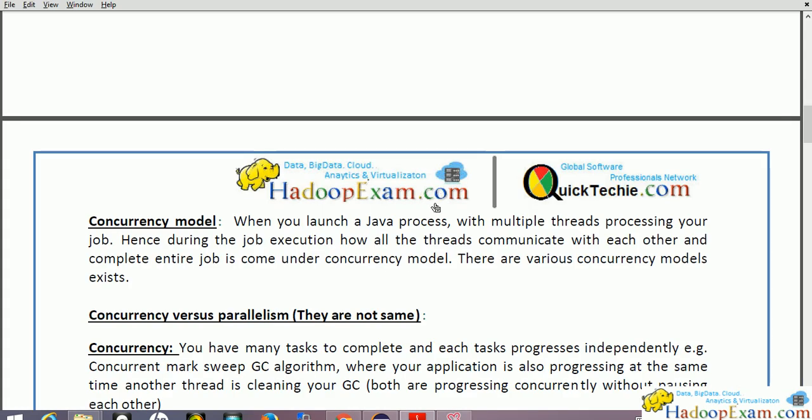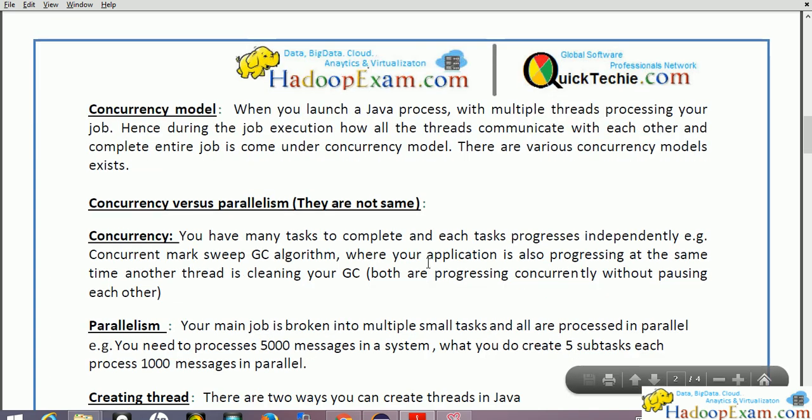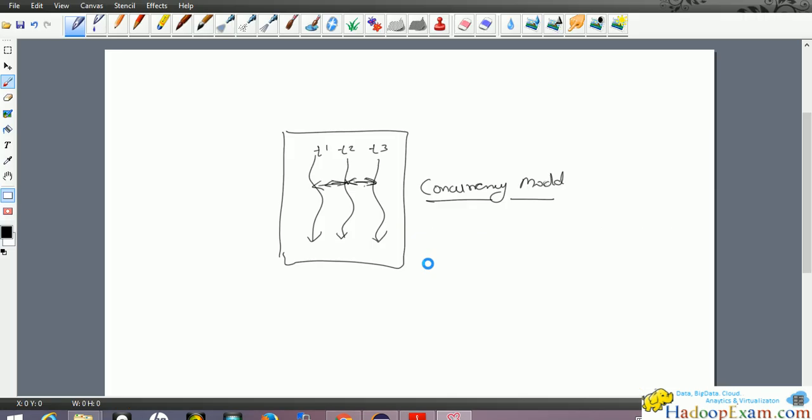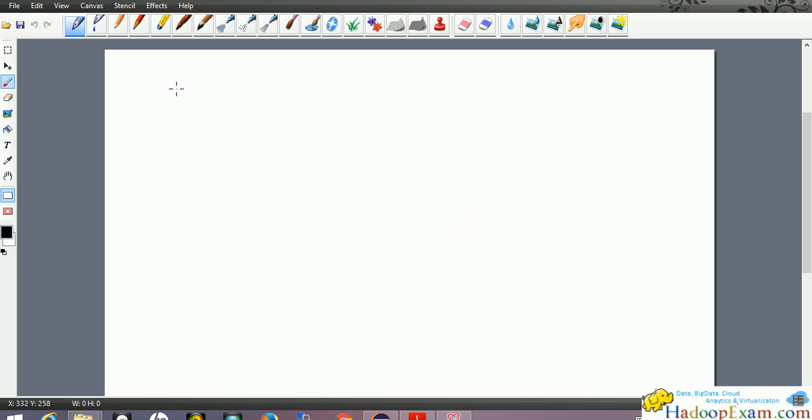Now let's compare concurrency versus parallelism. Concurrency means you have tasks, say 3 tasks: task 1, 2 and 3. All 3 tasks run concurrently. That is called concurrency.